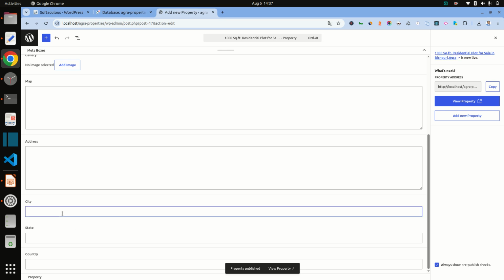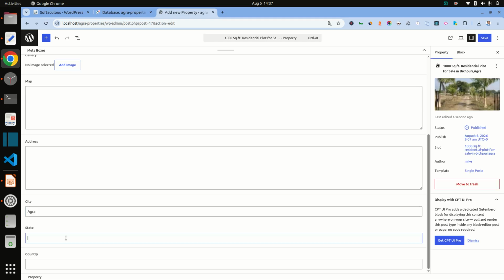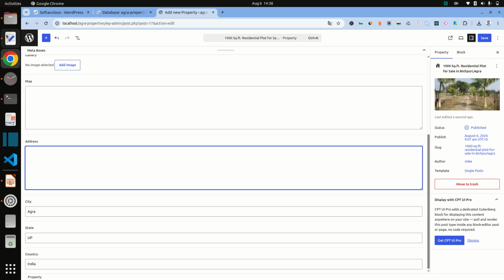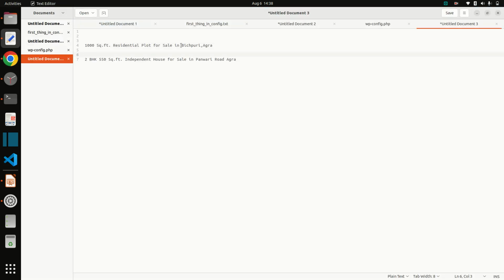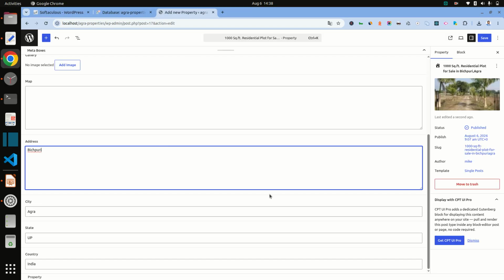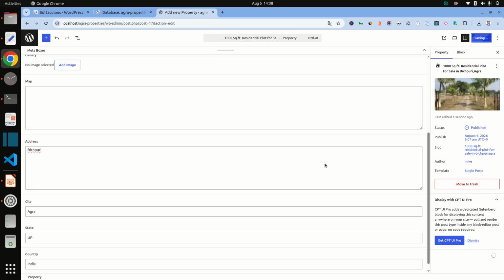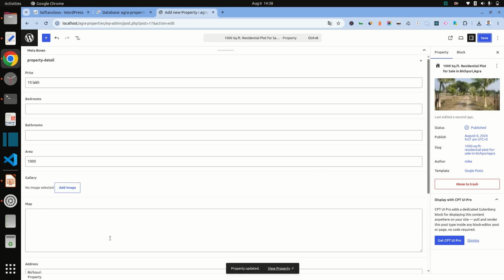And also like city Agra and state UP, country India, and address is Bijpuri. We can also put map location. Okay, now first property is created.